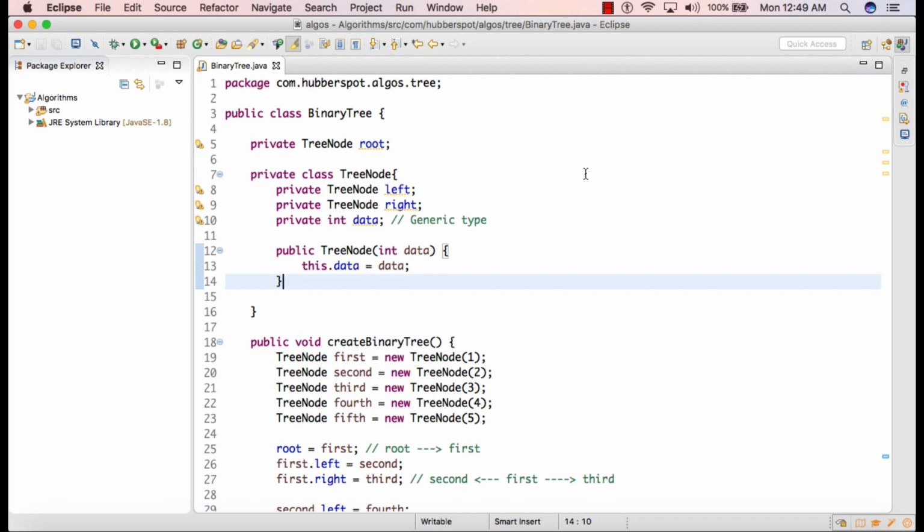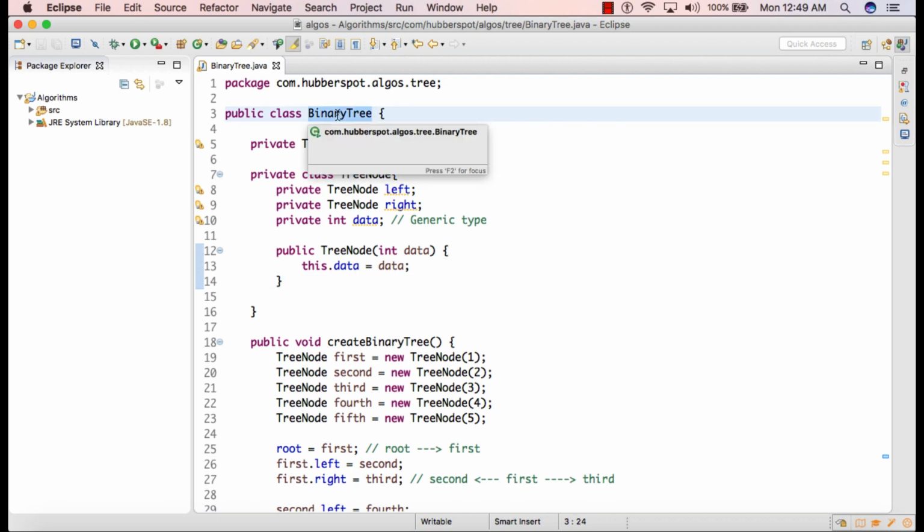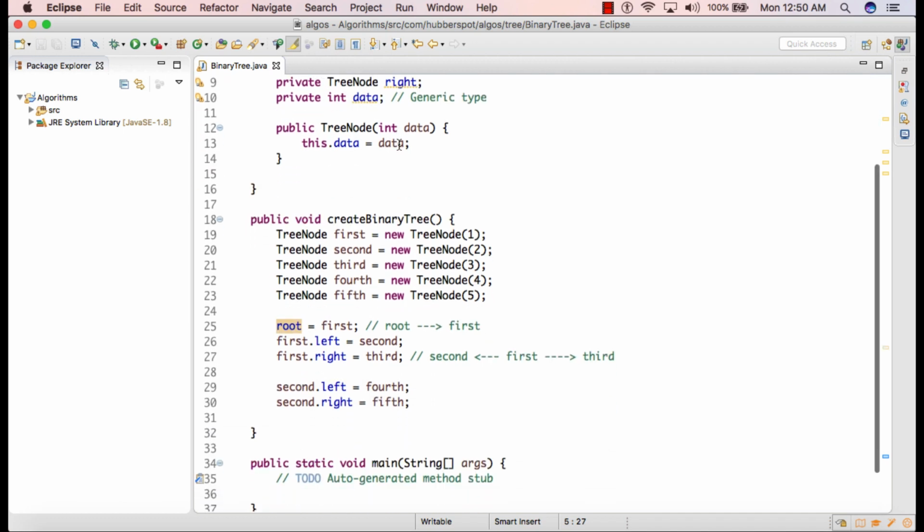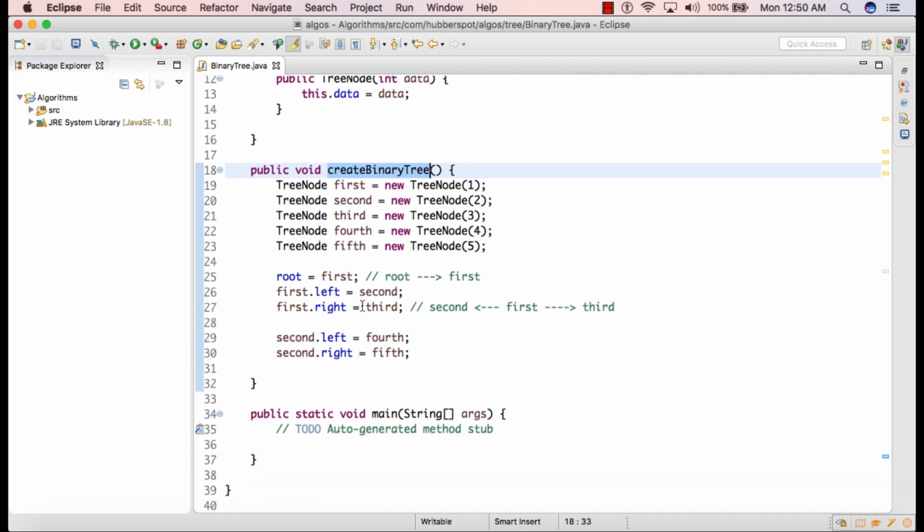So friends, in my previous tutorial, we discussed how to implement a binary tree in Java. So I had created one class, BinaryTree, and we have implemented the binary tree in Java. Here we had created an instance variable of type TreeNode, which was actually root, because this root will hold all the nodes of a binary tree. And we had also discussed how we can create a binary tree by creating a few nodes.